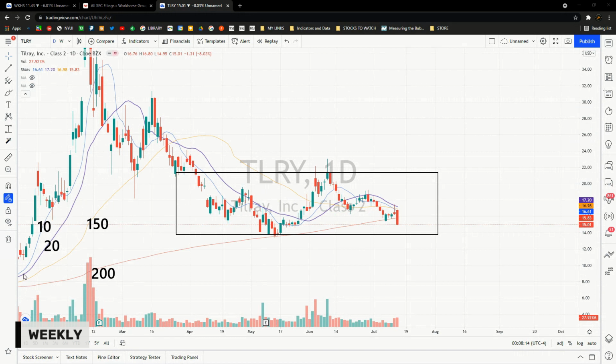So we saw price action trending upwards. It was right above this 10, fought the 10, came down, went up, fought the 10, broke through the 10, broke through the 20. We saw right here the 10 period crossover the 20. Then it came back up, challenged the 20, but then failed back below it. Okay, so that's a very important thing that I think needs to be